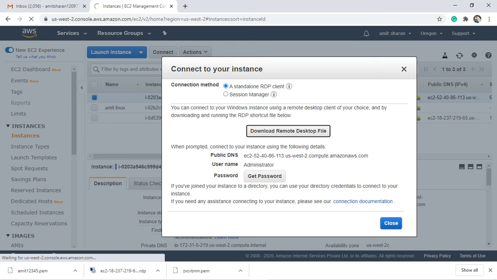We can connect our virtual desktop via a standard RDP client, which is RDP, and session manager.